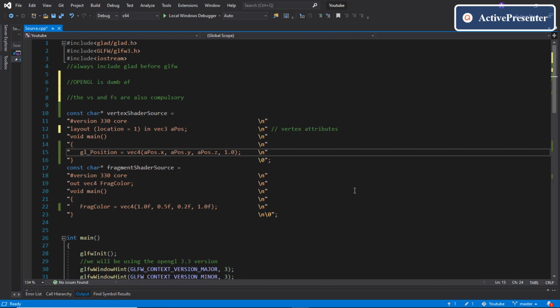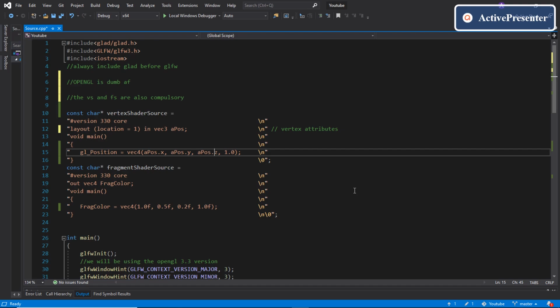This is a predefined variable in GLSL called gl_Position. It is a vec4 type variable and it stores the output values of the vertices. So now we have to cast a vec3 type to the vec4 type. We do this in GLSL via this syntax: we write vec4, the data type, and inside the brackets the corresponding x, y, z coordinates. So we write aPosition.x, aPosition.y, and aPosition.z.